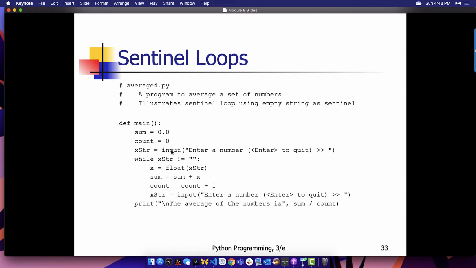So again, we are inputting here. When a user enters a number here, it's going to be xstr. The variable is going to be stored as a string, even though it's a number. So while xstr is not equal to an empty string, because that's what we would get if, say, the user hit enter, we're going to convert that thing that the person entered into a floating point number, store it in